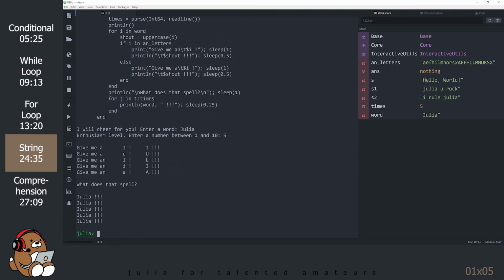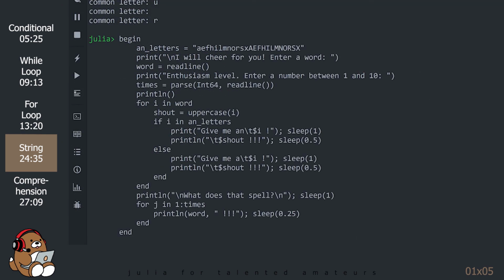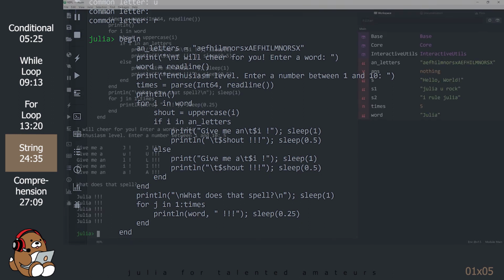Pretty cool, right? It looks complicated, but if you look closely at the code, you'll realize that you've seen everything in there, with the exception of the sleep function. The sleep function pauses your program in seconds. Otherwise, everything else should look familiar to you. Pause the video and type in the code yourself. You'll be surprised to learn just how much you know.